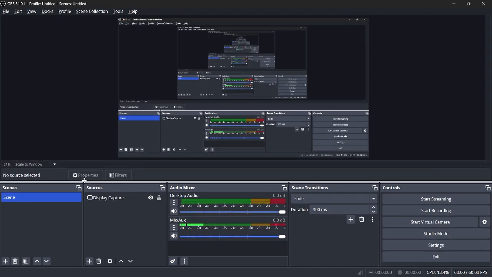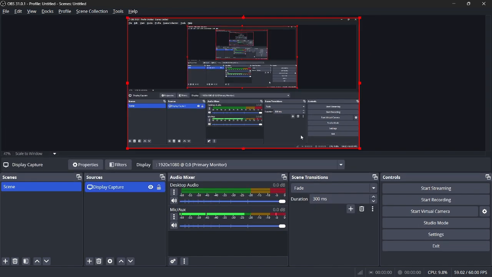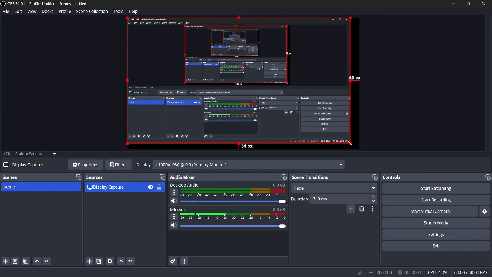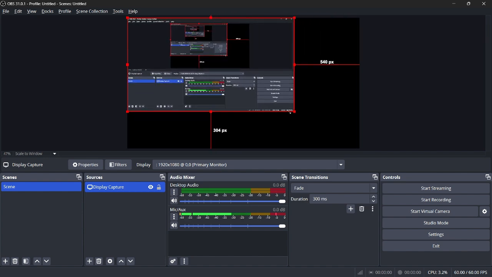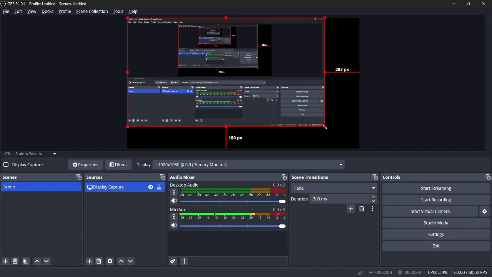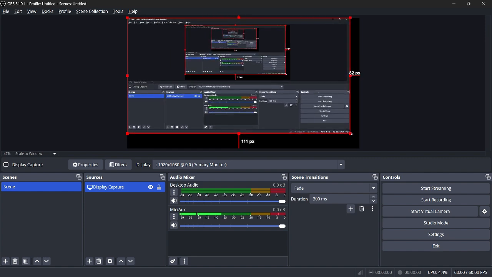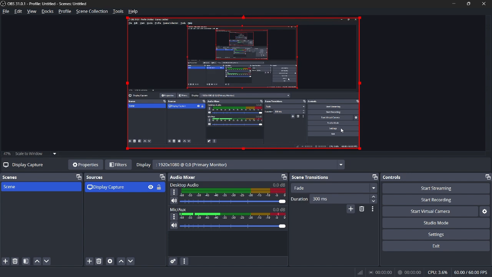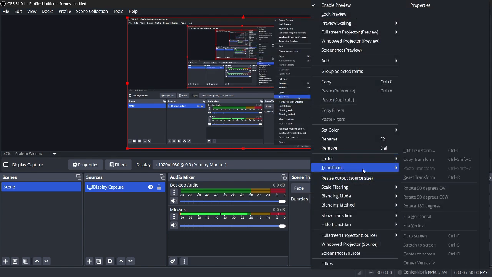The second method is to click on the screen itself and resize it from one of the corners. The aspect ratio won't change, but if you want to change it, hold down the Shift key while adjusting. This will allow you to modify the aspect ratio. To reset everything, you can press Ctrl plus Z or go to the Transform menu and select Reset Transform to